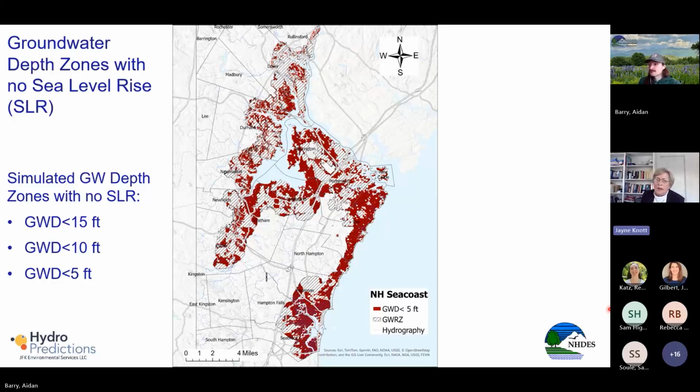Now, these groundwater depth maps are with no sea level rise. So this is giving you these depth zones as they are today. And we're using these depth zones with the groundwater rise information to find the areas that are vulnerable. And when we talk about areas that are vulnerable, when you have rising groundwater, or when you have shallow groundwater,